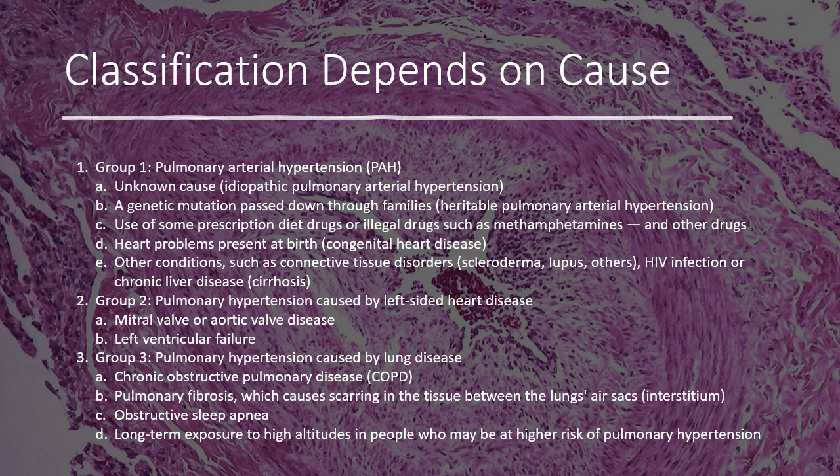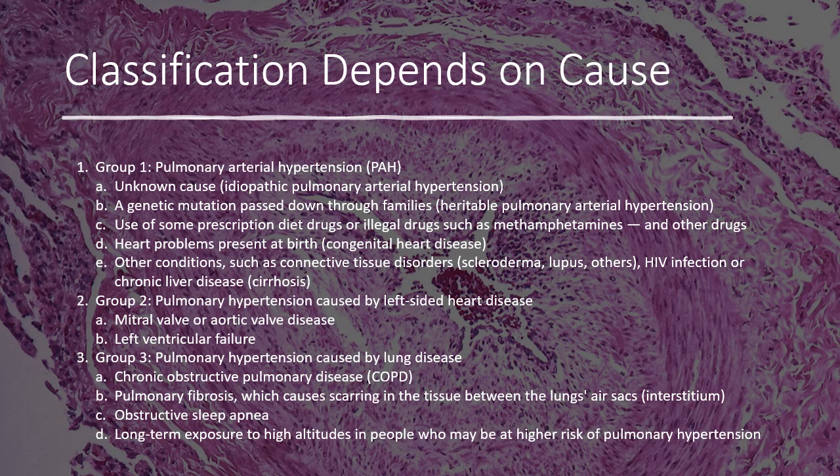cirrhosis. Next are Group 2 pulmonary hypertension caused by left-sided disease. They include mitral valve or aortic valve disease and left ventricular failure. Third is Group 3 or pulmonary hypertension caused by lung disease. They include chronic obstructive pulmonary disease or COPD, pulmonary fibrosis which causes scarring in the tissue between the lungs and air sac or interstitium, obstructive sleep apnea, and lastly, long-term exposure to high altitude in people who may be at